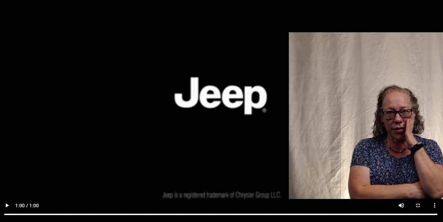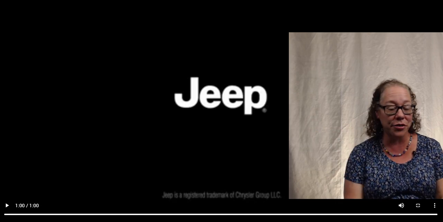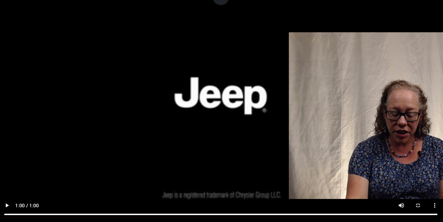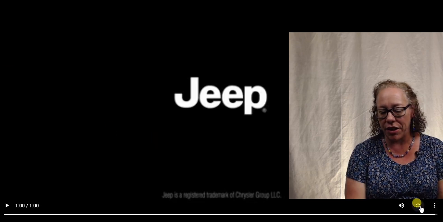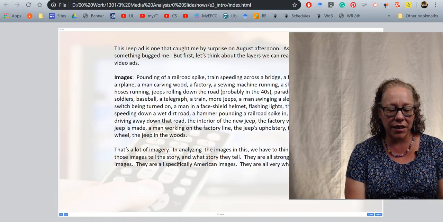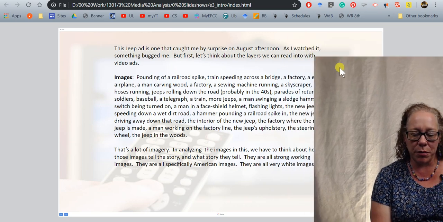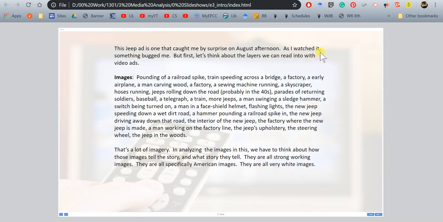So, what do you notice? All sorts of things, right? There's just a ton of imagery going on there. I've got a list here in the introduction, and I just made a list of everything you get: a pounding railroad spike, the train speeding across the bridge, a factory, an early airplane, a man carving wood, a factory, a sewing machine running, a skyscraper, horses running, jeeps rolling down the road, probably in the 40s, parades of returning soldiers, looks like World War II, baseball, a telegraph, a train, more jeeps, a man swinging a sledgehammer, a switch being turned on,